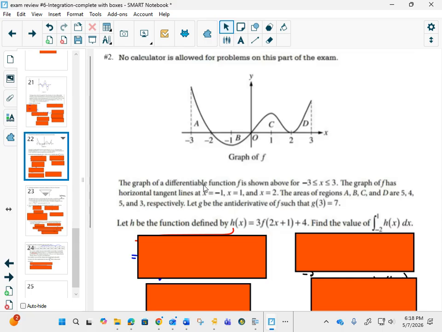We've got a differentiable function f, so we know it's continuous from -3 to 3. Integral? Horizontal tangent lines at -1 and 1